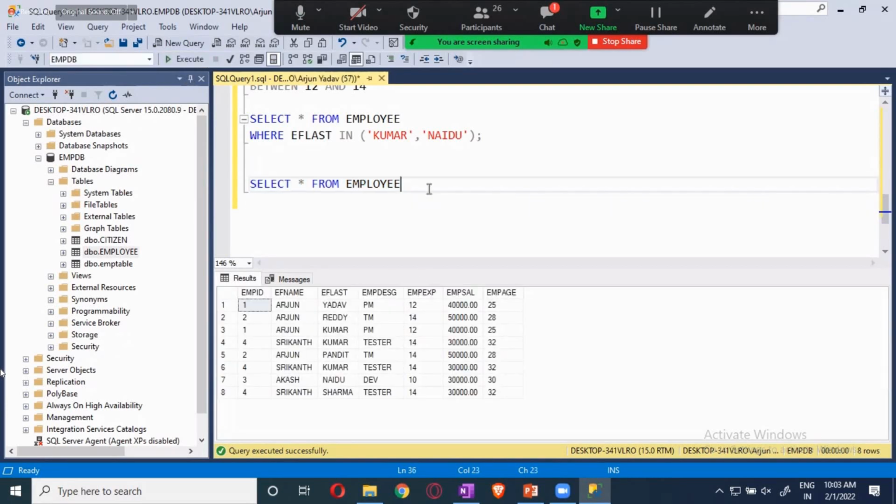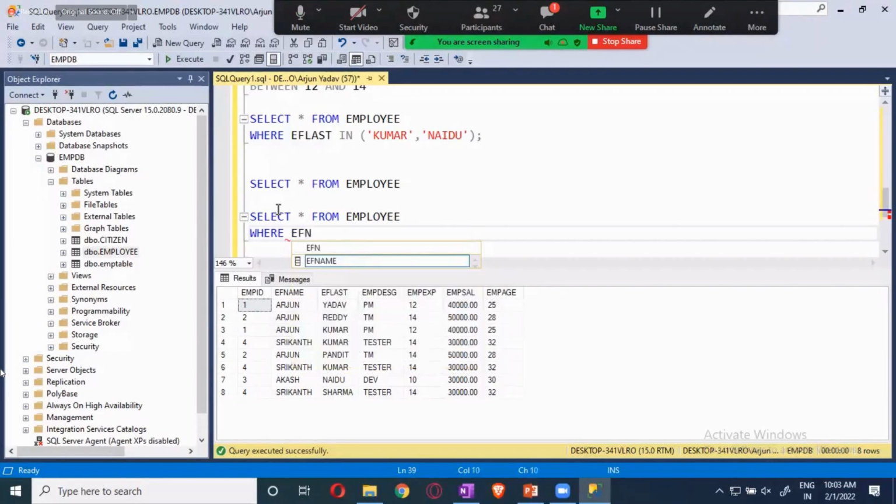Now I want to see all the employees whose name is starting with Y. So how I'll give it is here, SELECT * FROM employee, and we will use the WHERE, which one you will take, EF name, sorry, EF name, LIKE, what you wanted, like I want Y.